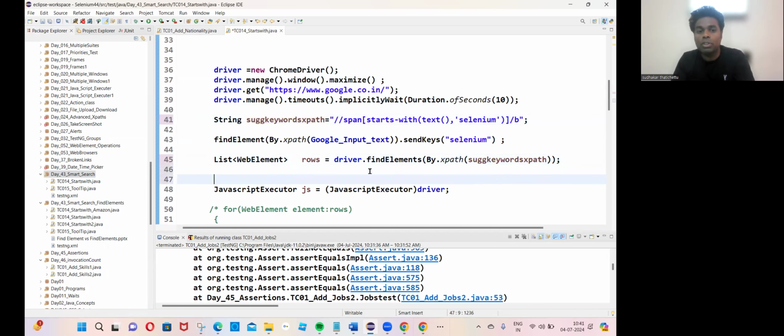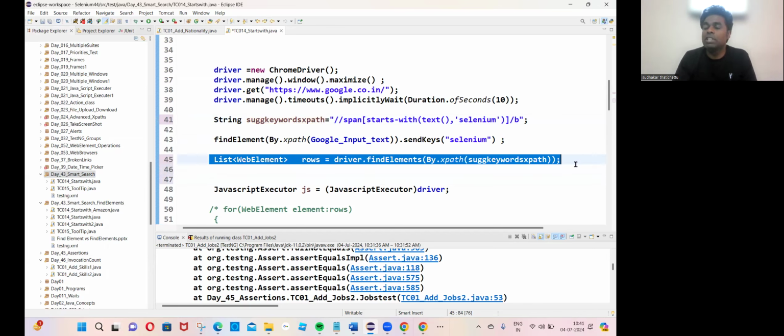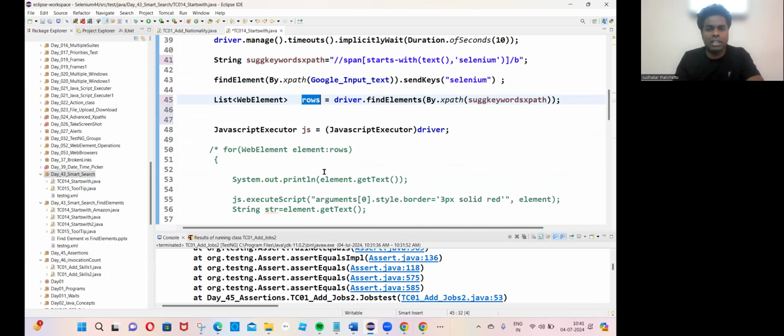If it is a single web element, we will write driver dot find element by XPath. If it is more than one web element, 1 of 9, 1 of 5, 1 of 3, in that case you need to write syntax like this. List of web elements is equal to driver dot find elements by